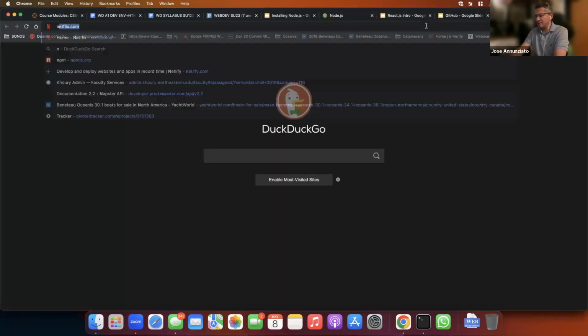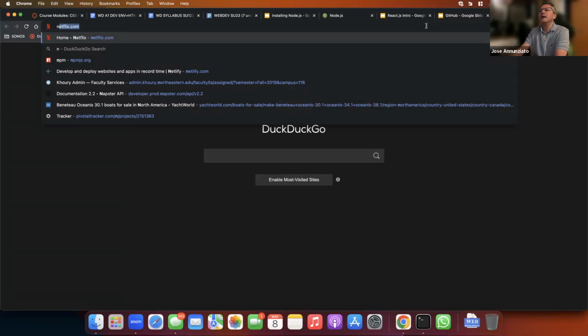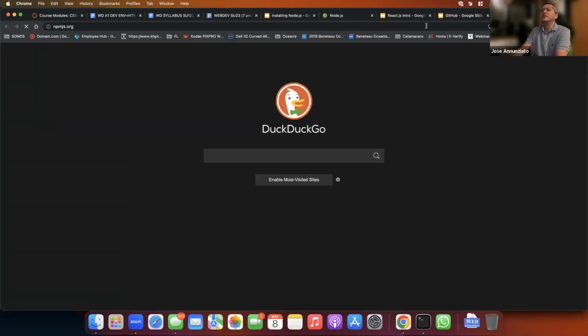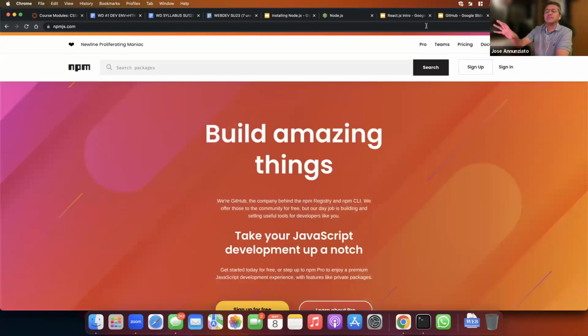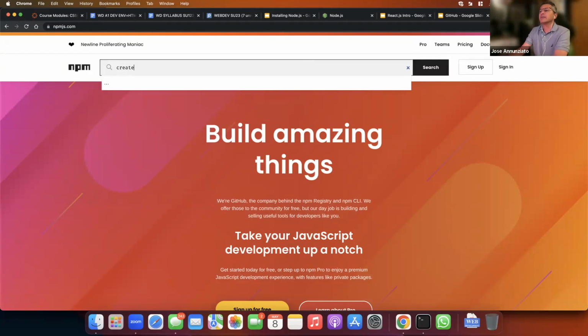It's in npm.js.org. So npm.js is a repository. It's a public repository where folks can share all sorts of libraries and modules, right? Lots and lots of open source projects are in there, including the Create React App. So Create React App,